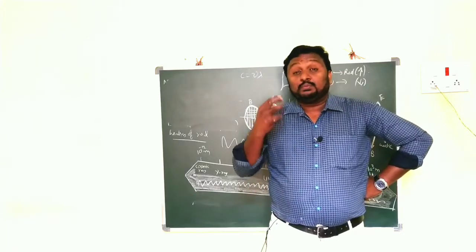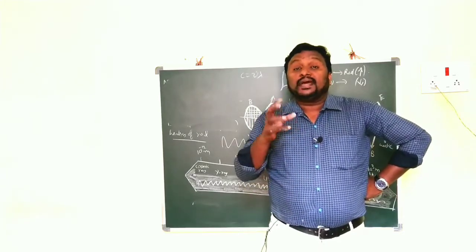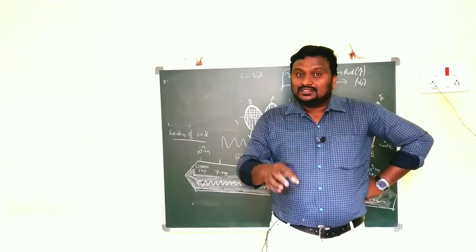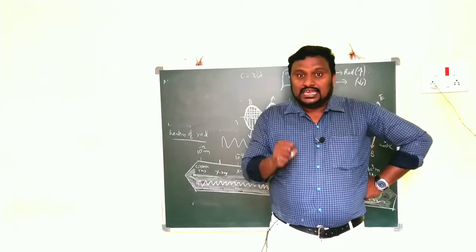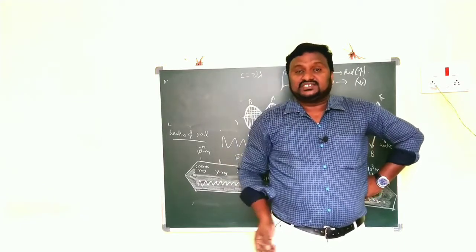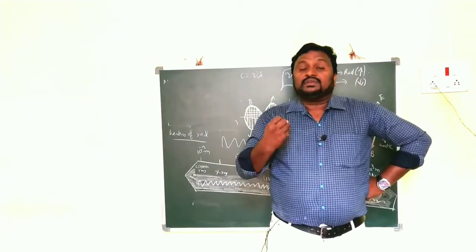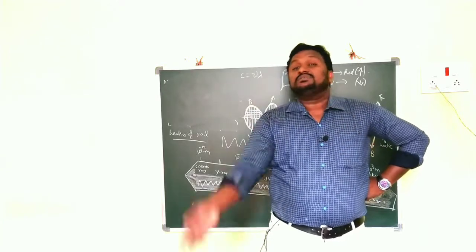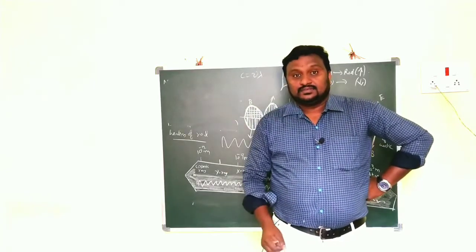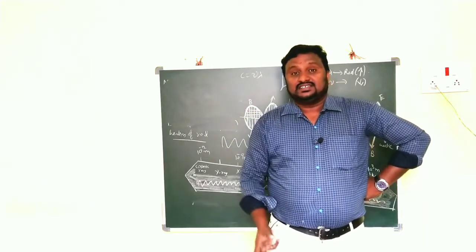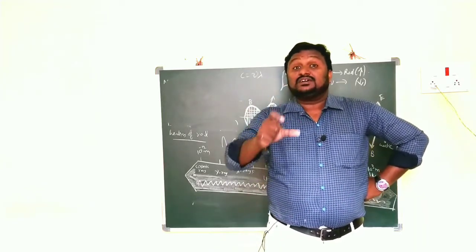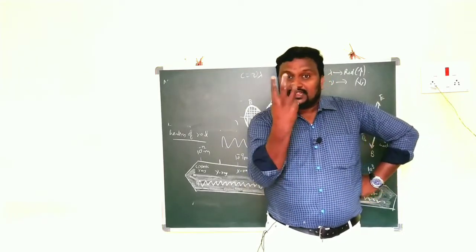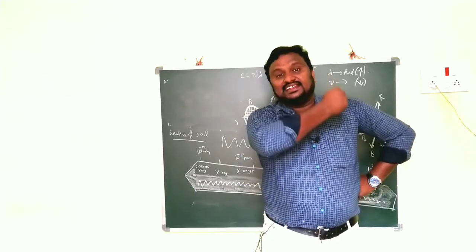So children, according to Max Planck, the energy that is emitted: while we are heating, the rod absorbs the energy. Again, the rod re-emits the energy. Part of the energy that is absorbed is emitted or radiated again. The rod radiates some energy, and the emitted energy appears in different colors. So what we are seeing is the light energy.